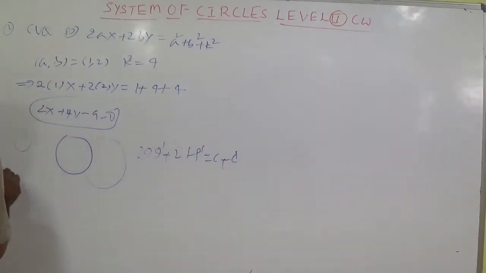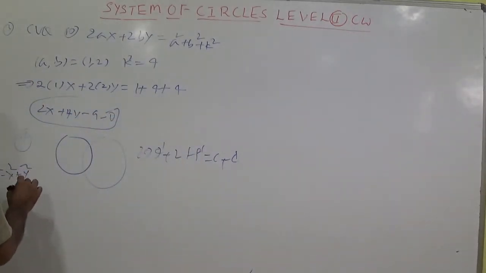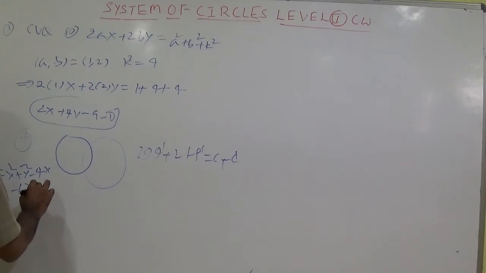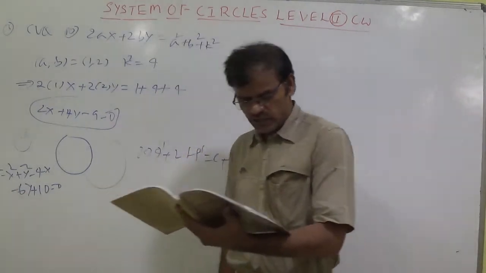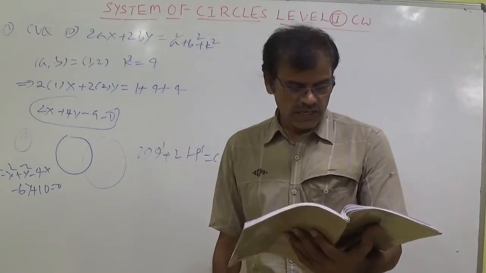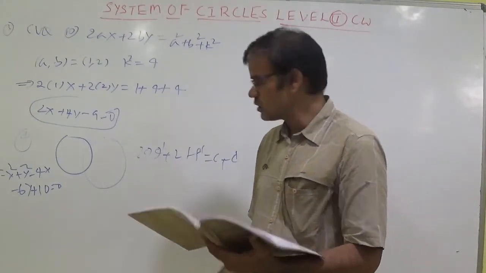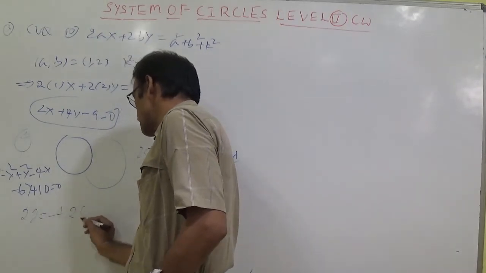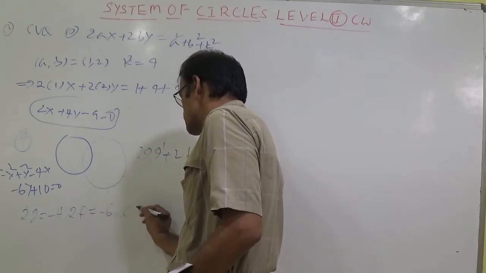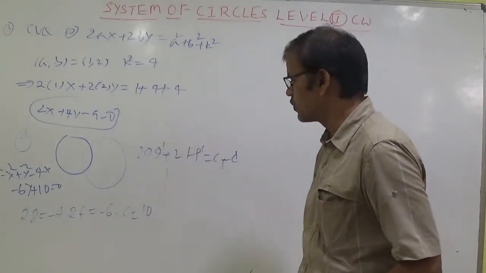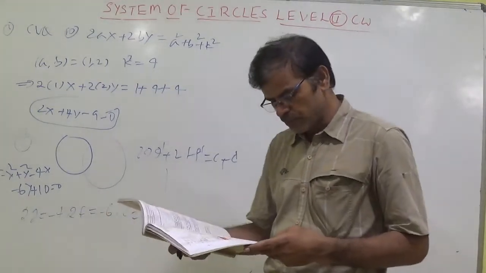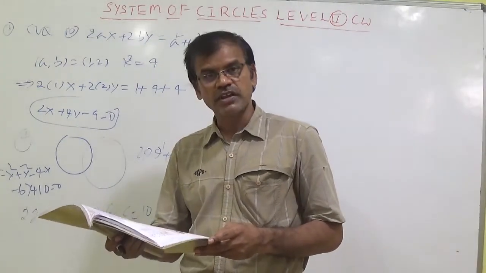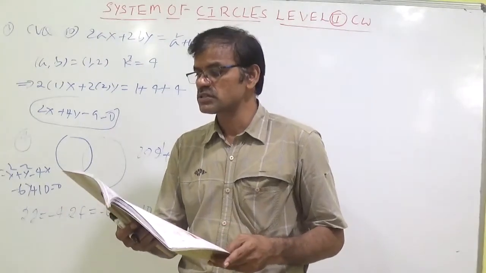Let us discuss the first circle. The given circle is x square plus y square minus 4x minus 6y plus 10 equal to 0. So by verifying 2g g dash plus 2f f dash equal to c plus c dash, try to understand the condition that c 10 is there. So 2g means minus 4, 2f means minus 6, and c is equal to 10. According to verification of option, minus 4 into g dash should be there. So g dash should be 1. So 100% it is the third option.